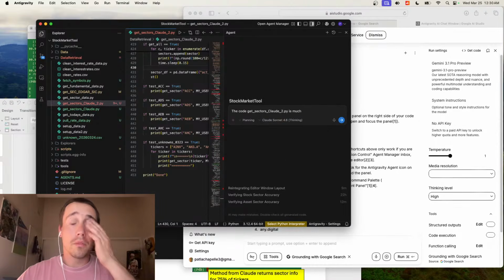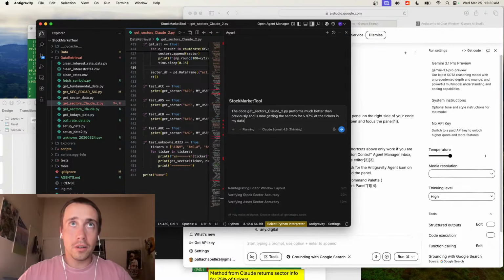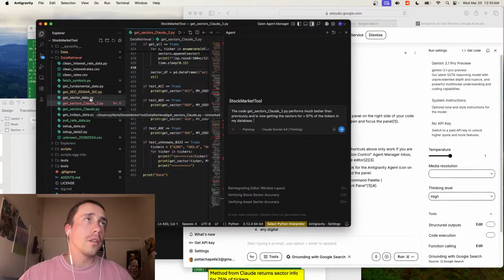The code performs much better than previously and is now getting the sectors for over 97% of the tickers in my database. So now if we go to, I saved it in the main. So let me go reorganize this really quick.